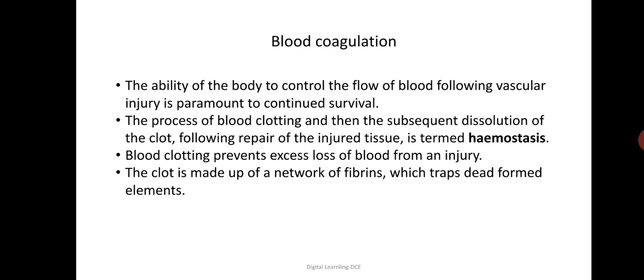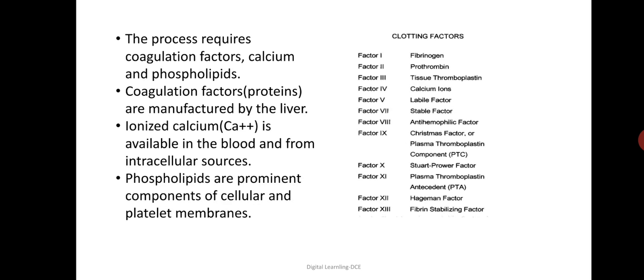Blood loss should be prevented to avoid loss of excess blood from the body, in order to maintain the normal internal environment. The clot of the blood is formed at the injured tissues and plugs the injured vessels or open or cut vessels to stop the bleeding. The process of blood coagulation, as I told you, requires many components which are called coagulation factors. There are about 13 factors, blood coagulation factors, which are presented here on the picture. They are fibrinogen, prothrombin, etc. They are depicted as Roman numerals. Apart from these,